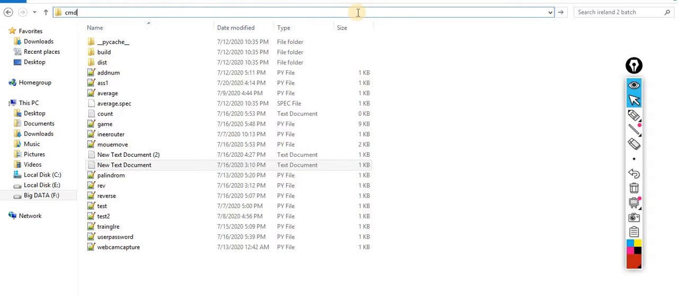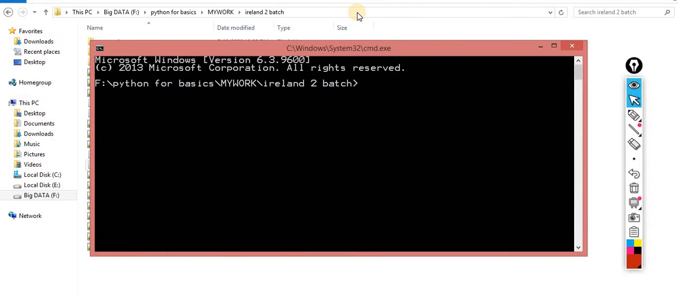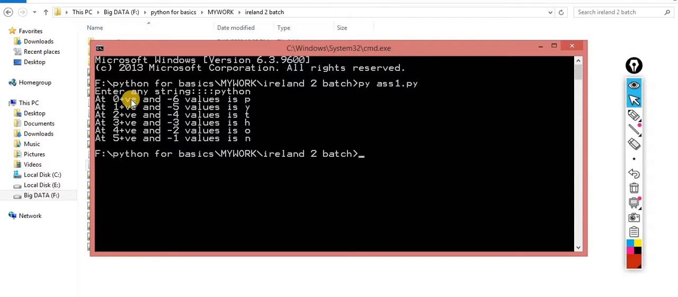Very simple. Okay, python assignment1.py. Now it will ask me to enter any string. Let's suppose I enter Python. So it's at 0, the positive value, and the negative value is p. Positive 1, negative minus 5, positive 2, negative minus 4, 3 and minus 3, 4 and minus 2, 5 and